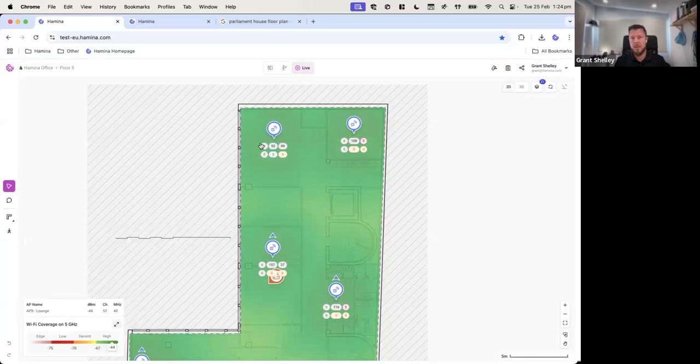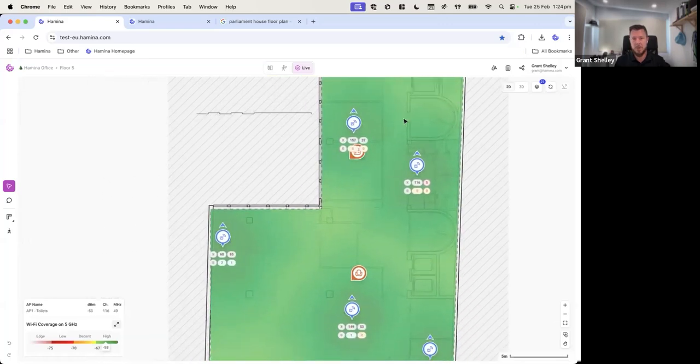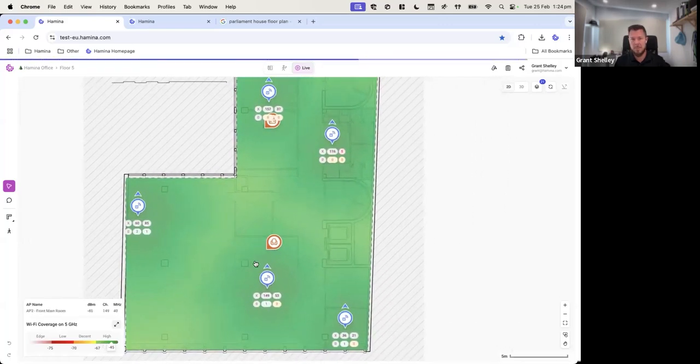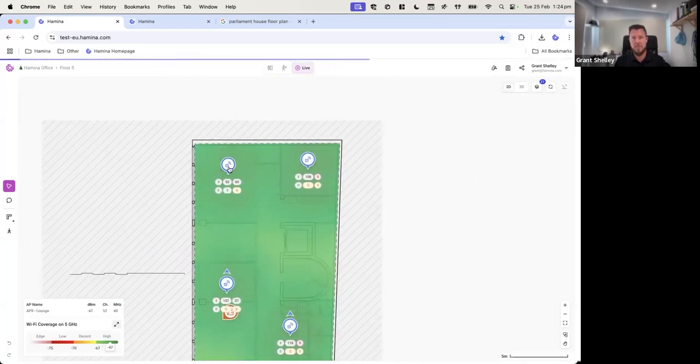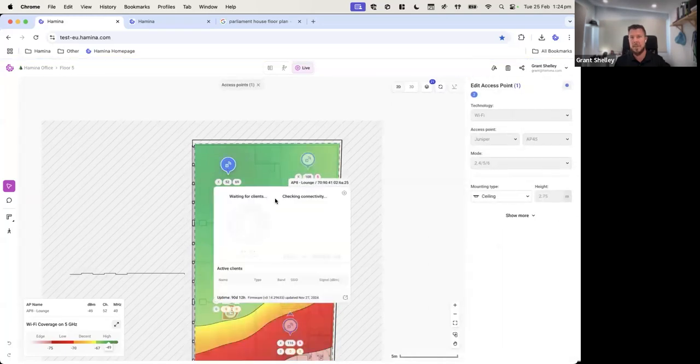Now, the other thing that I wanted to point out is I can see the numbers below the radio indicate the clients that are currently associated to that radio. So I can see I've got a few clients connected here, or associated, but I've got 3 on the 5 gig radio. And so if I click on that AP,